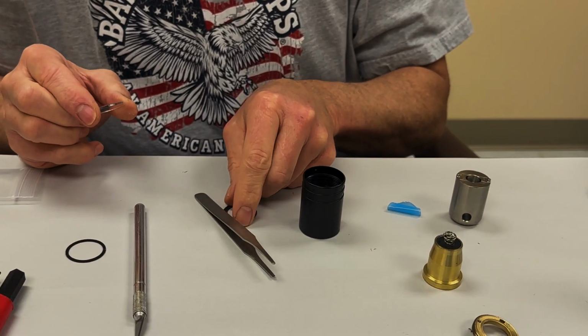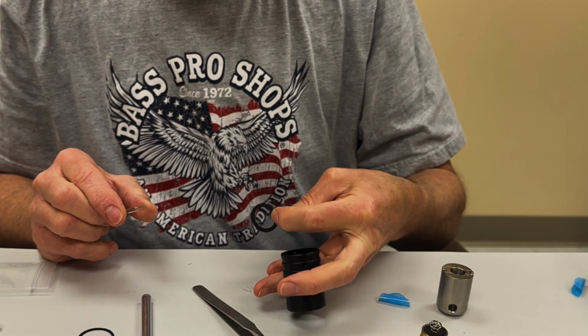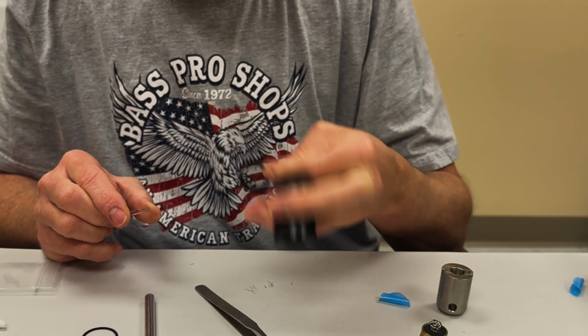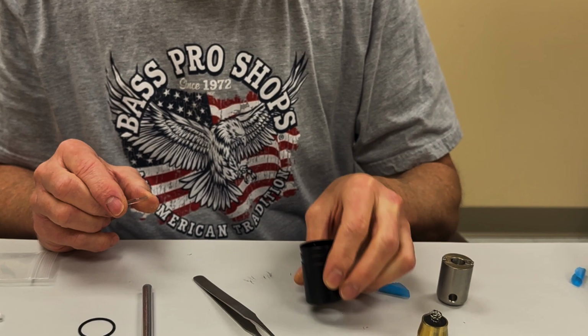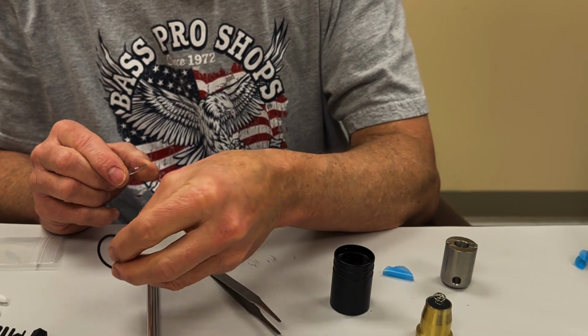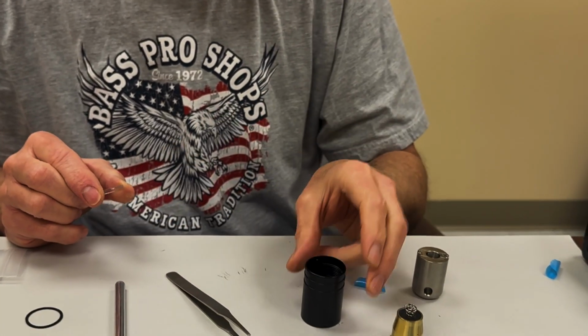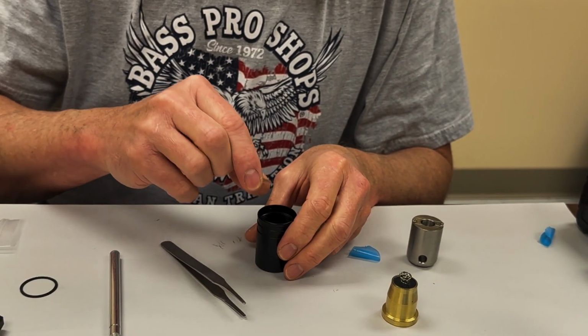Then you want to drop in the gasket, this flat gasket. This is actually for the 16.5 head, which this one is. The head that we sell is an older head. The heads that we sell currently use the smaller gasket. The gaskets are kind of interchangeable, but